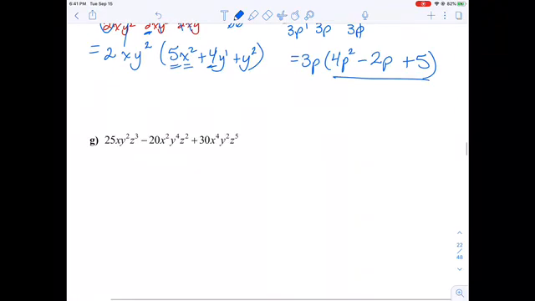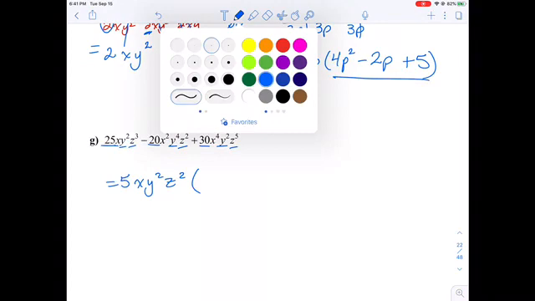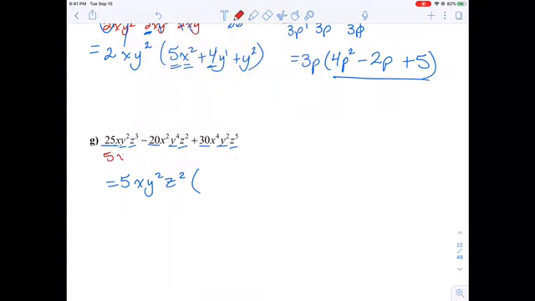Okay, let's try the last one here. 25, 20, and 30. GCF would be 5. I've got a single x in that term. I've got y squared, y to the 4, y squared, so y squared can come out of all of those. Z cubed, z squared, z to the 5, z squared can come out of everything there. So when we divide out by 5x y squared z squared,